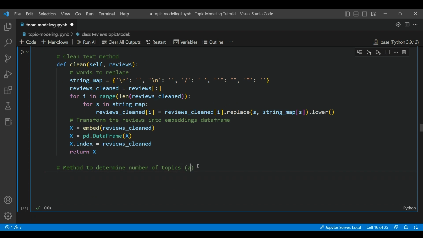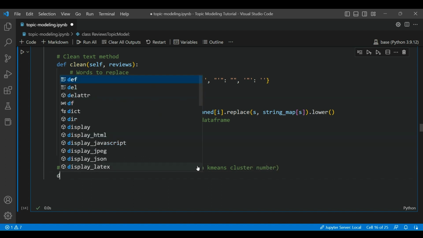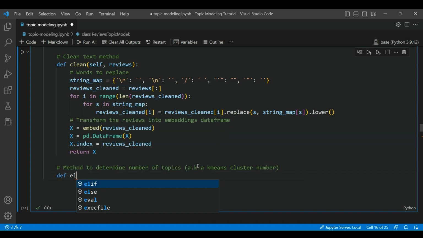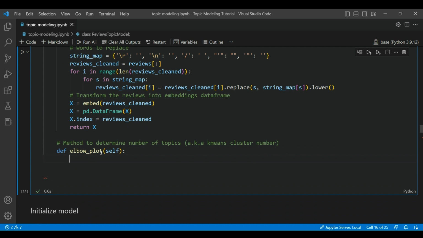So this is AKA KMeans cluster number, right? So def, and you may be familiar with this, but we're going to create an elbow plot. The elbow plot is a plot where the x-axis is the number of clusters and the y-axis is the k-means objective, which is kind of the intra-cluster sum of squared distance